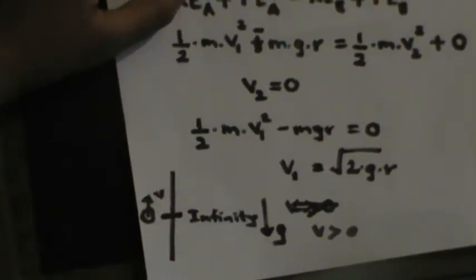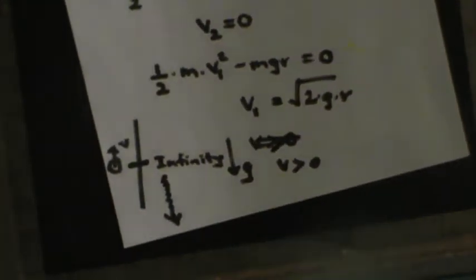So if an object has a non-zero positive velocity at infinity, that means this object still climbs up. This is the range that the Earth can hold this object. If it has some velocity v, the object will go out of Earth's hold, simply out of the Earth. So that is the velocity needed by this object to get rid of Earth's gravitational acceleration. So this is the minimum.